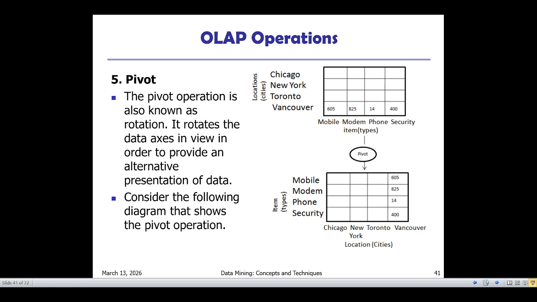This represents your location or cities in this case. This is our initial cube. So given a particular question, we need to always create an OLAP cube and then we have to apply certain